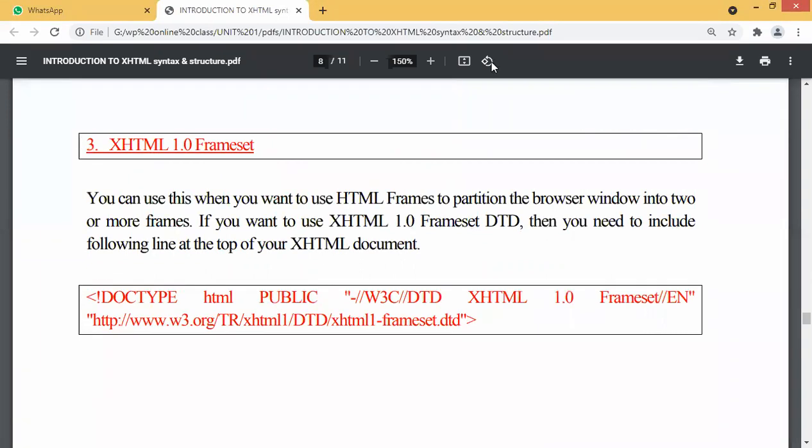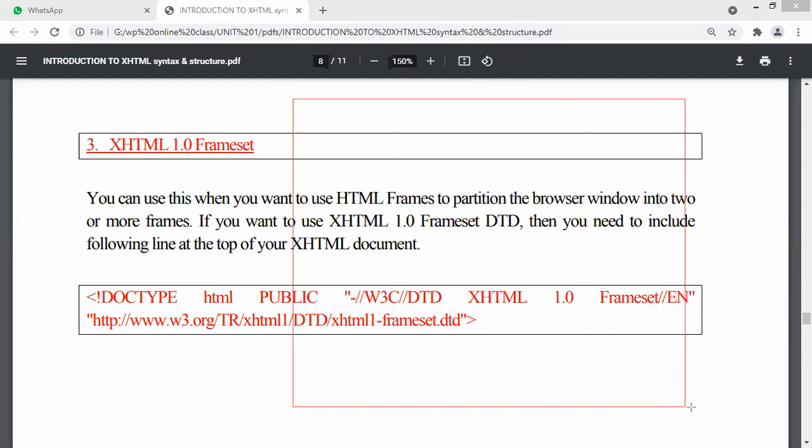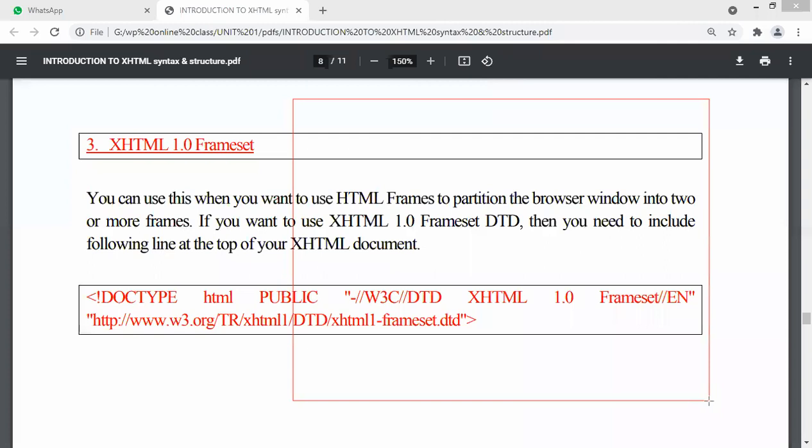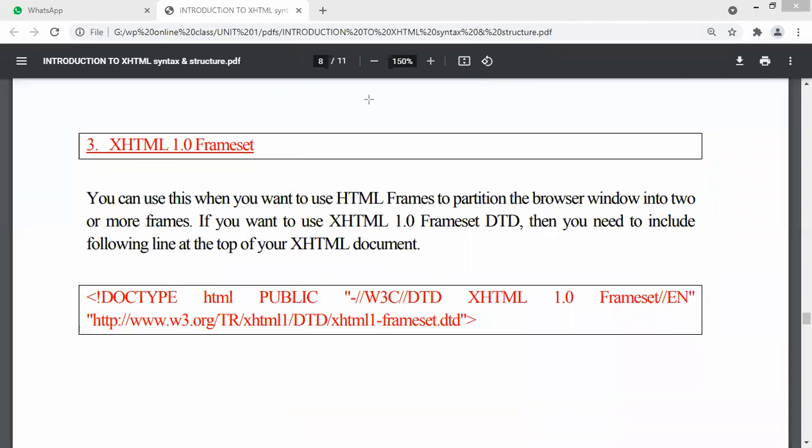Frameset. Okay. So what is a frameset, guys? Frameset, I will just give you a brief idea. What is a frameset? Suppose we display one web page here. Suppose this is a web page, right? Then in this web page, suppose